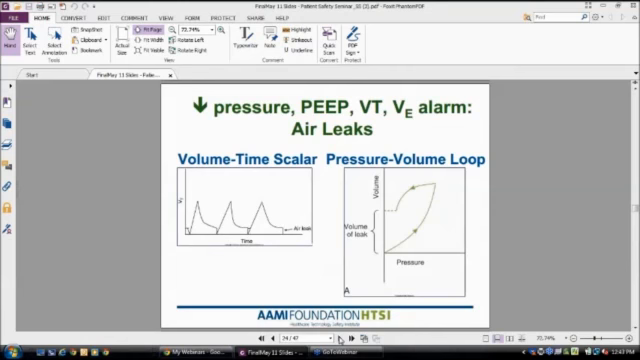On the next slide, we can see some scalars that help you determine by looking at your ventilator, which I know as nurses we don't always do, is look at those scalars that are on there, but that can give you a really good clue as to what's going on. You can see in the first one,